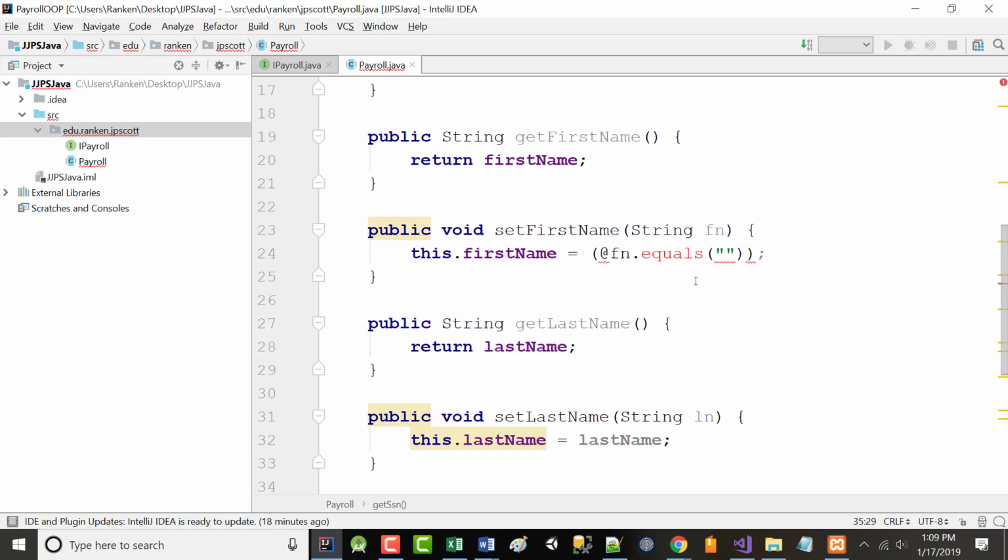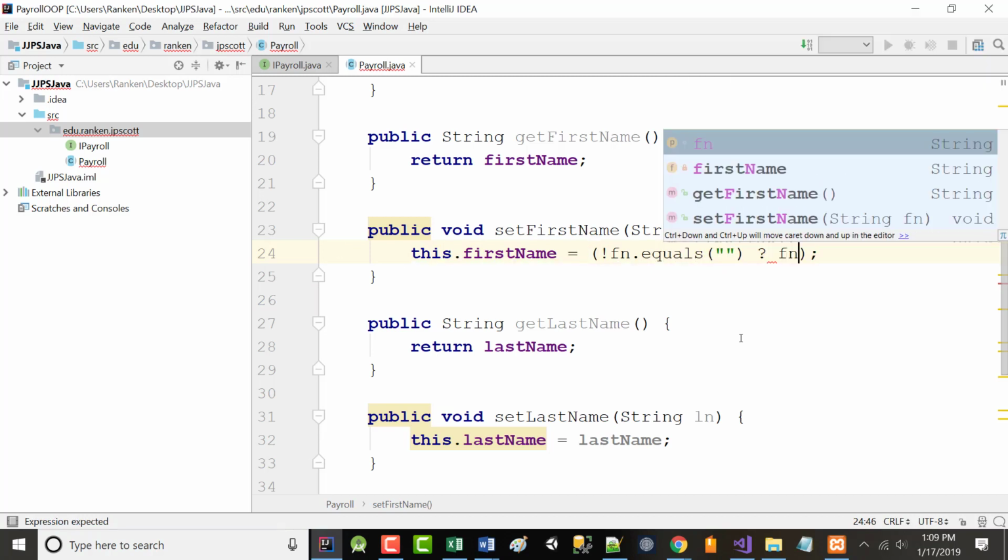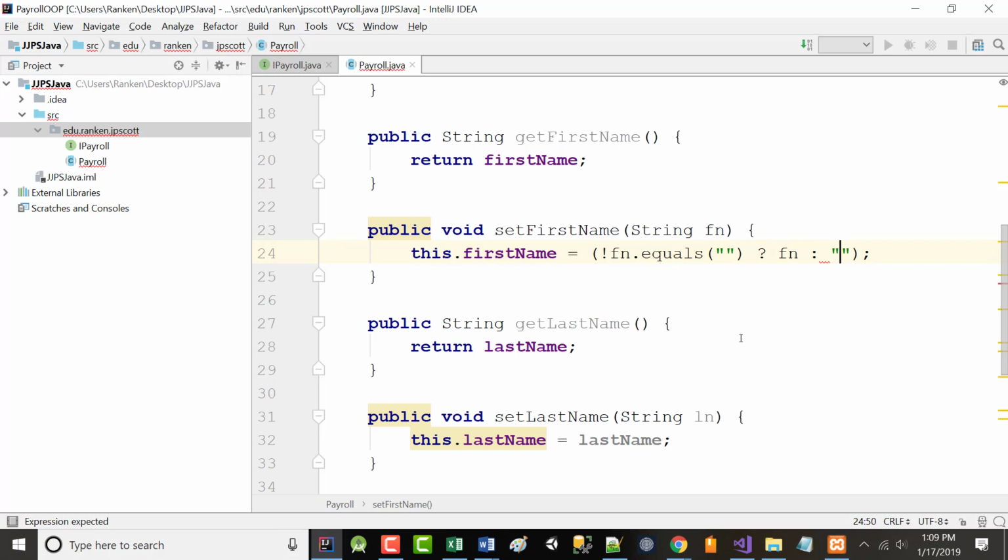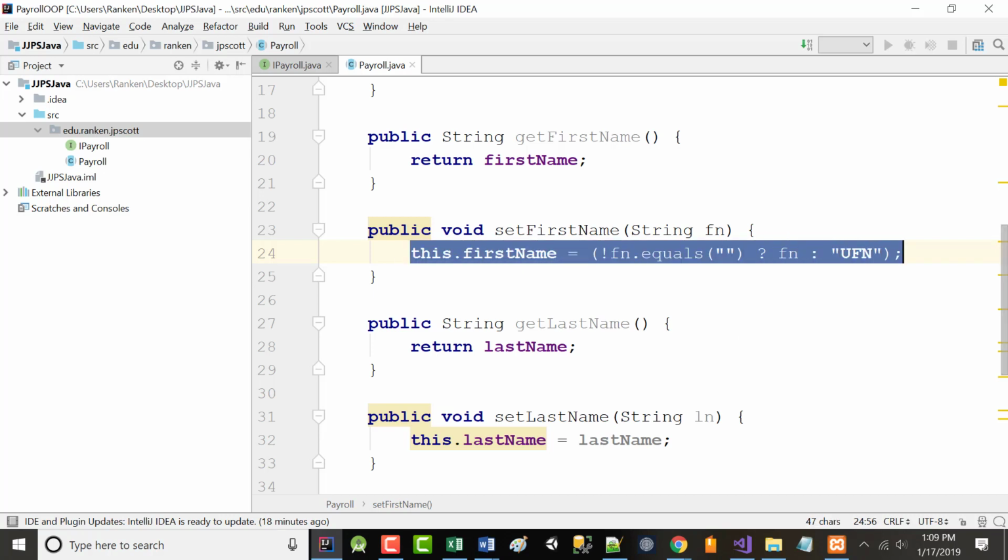Okay? All right. So, not fn dot equals, question mark, fn, colon, UFN. All right. Can somebody tell me exactly what this line right here does?